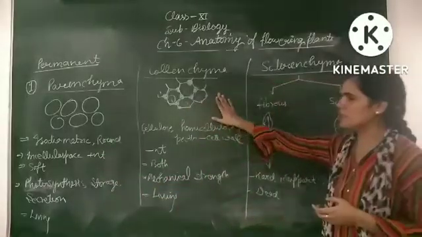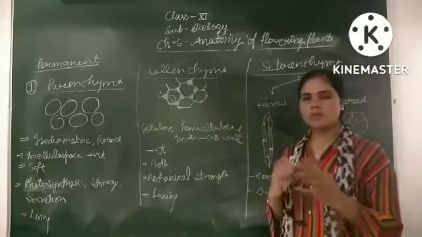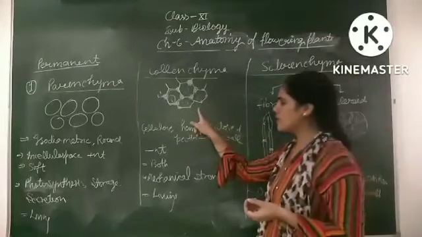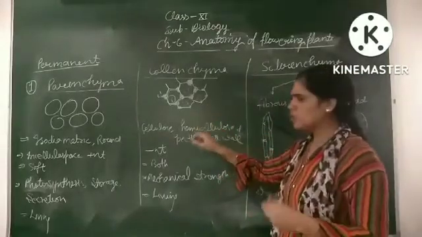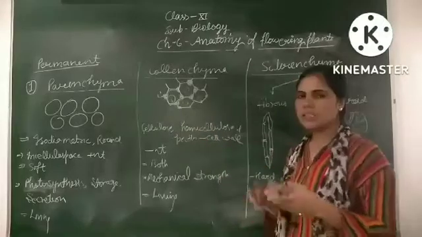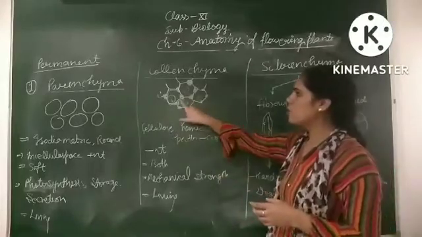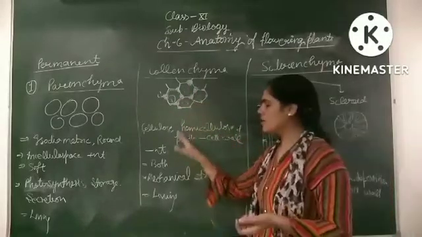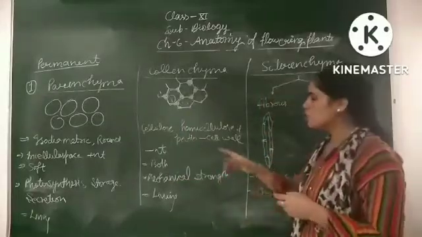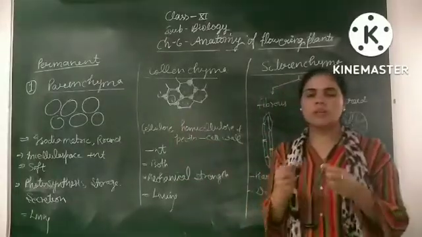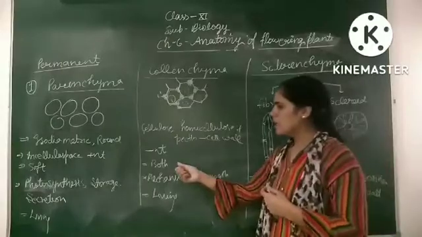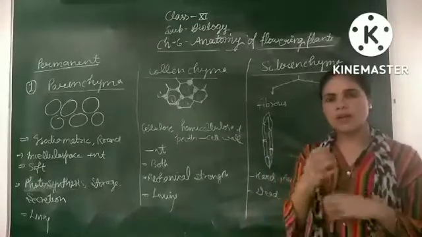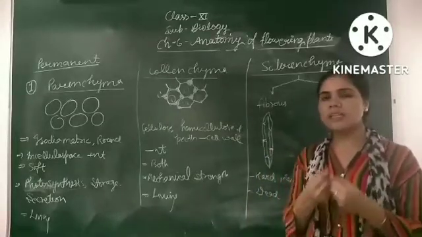Now the second is collenchyma cells. Collenchyma cells are also living cells. The intercellular space is mainly absent because on their cell wall there is extra deposition of cellulose and pectin at the corners of the cell wall. Because of this deposition, intercellular space is generally absent, and the cell wall becomes hard and stiff. So that is why they do both functions. They provide some flexibility to the plant, and along with the flexibility they also provide some mechanical strength to the plant.